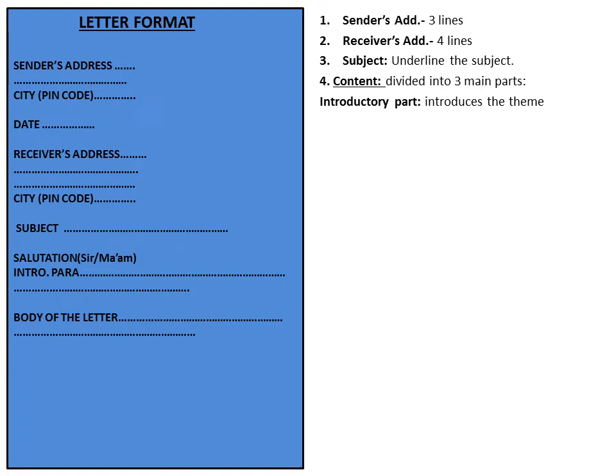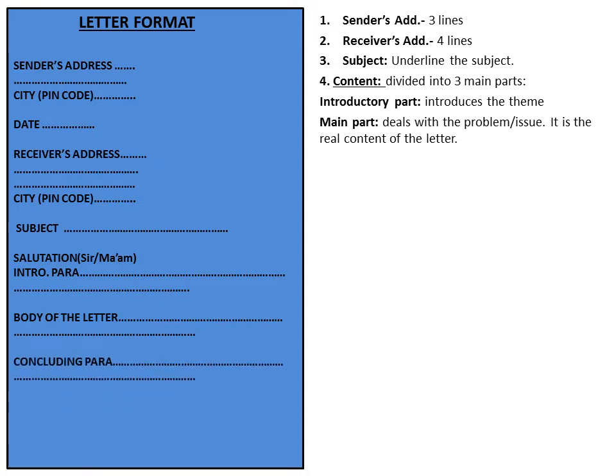The second one is the body of the letter. Now children, the body of the letter is the main part because it deals with the main problem or the issue. Here you can write your problem in detail. The third one is the concluding para. Obviously, it is the conclusion, where you can offer suggestions or you can simply conclude your para with a concluding remark. The next thing is subscription, where you write yours truly or yours faithfully or yours sincerely, depending on